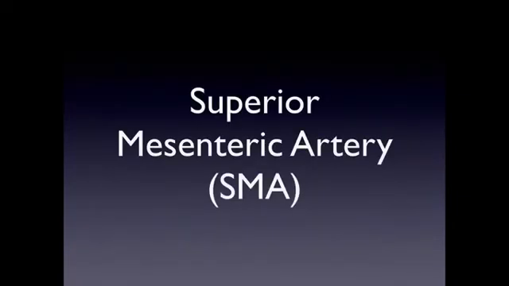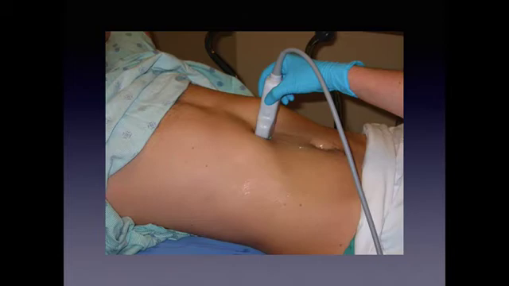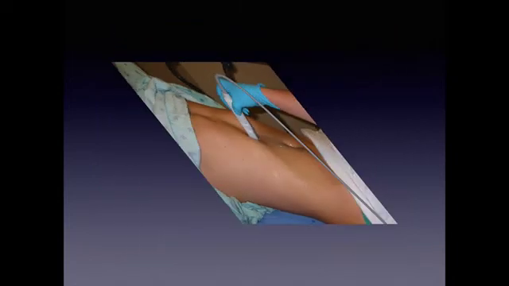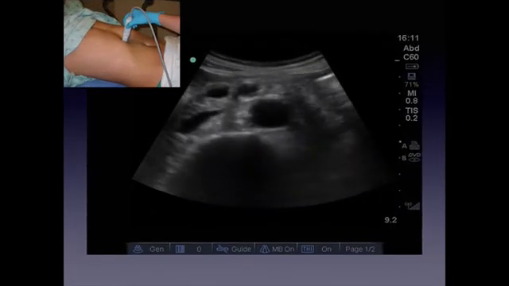So our mid aorta would be superior mesenteric artery. So again, pretty much we just stand it straight up rather than looking up, and it's just remarkable how close the celiac axis and the SMA are. So it almost looks like they share the same trunk in some instances, although they don't, but they're very, very close in approximation. You can sometimes get them in the same cut. So looking there,